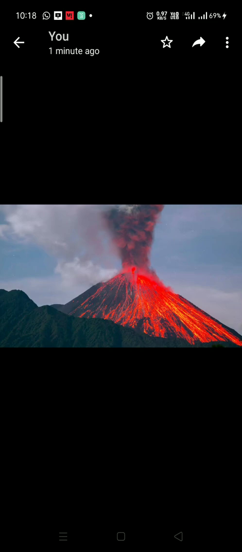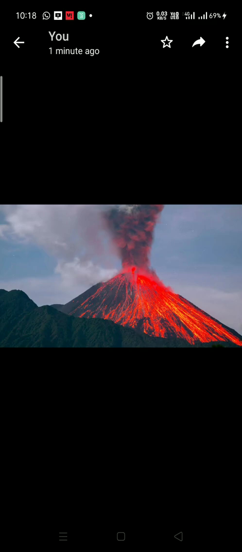So these are the different textures you find of rocks. So we find rocks of different size, different color and different textures, correct? Now on the earth's surface you find three types of rocks. Okay, there are three types of rocks. Which are the three types of rocks? Igneous rocks, sedimentary rocks and metamorphic rocks. I repeat, there are three types of rocks on the earth's surface or on the crust. They are igneous rocks, sedimentary rocks and metamorphic rocks.